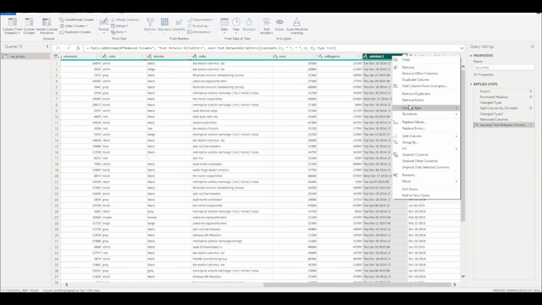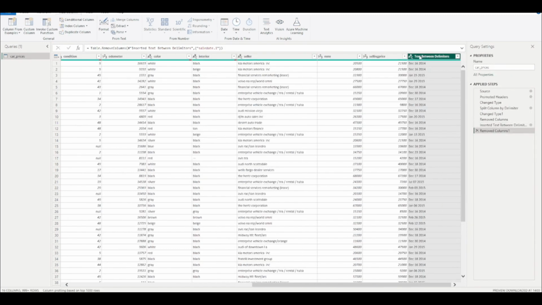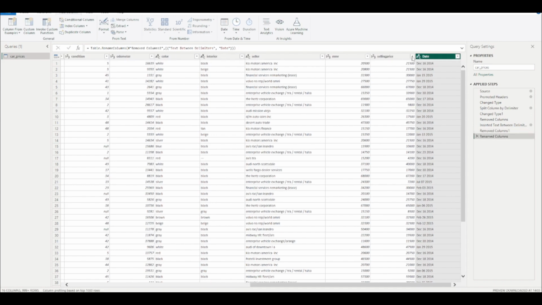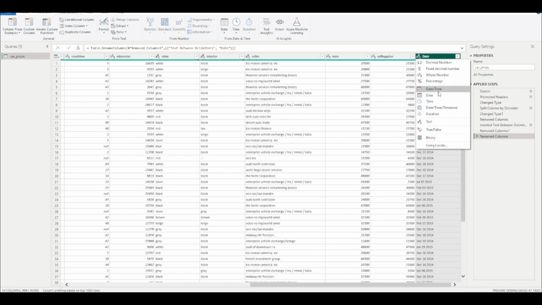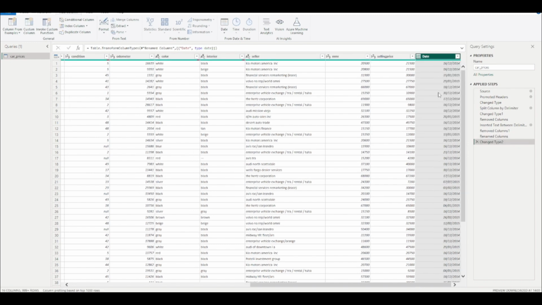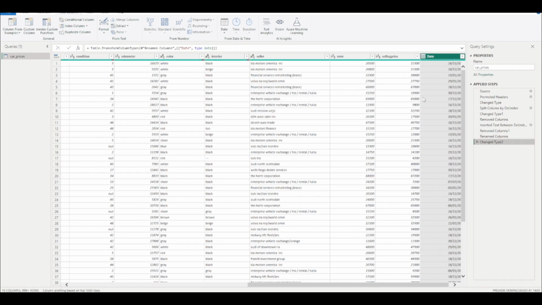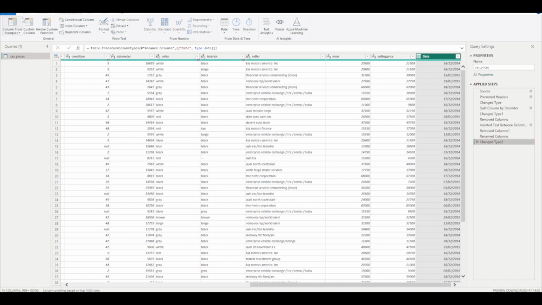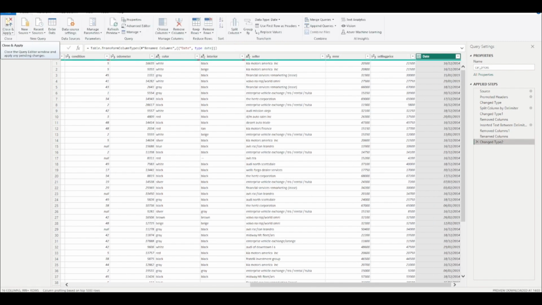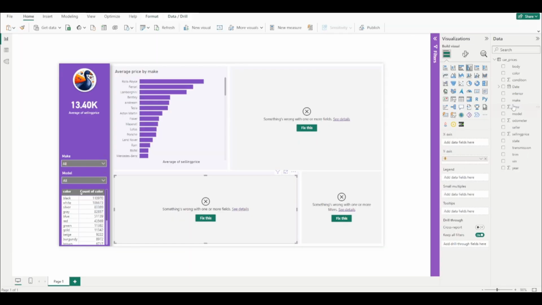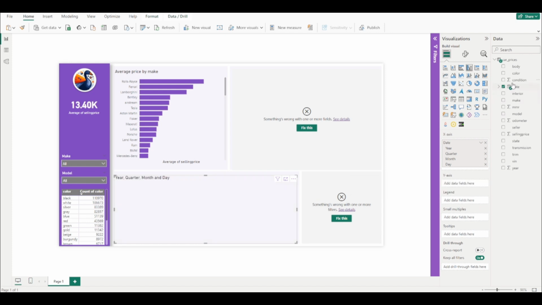Then I'm going to remove this column. Cool. And call this one date and change the type. Perfect. What I'm trying to get at here is there are many ways to approach situations like this. So you can see this is just one way. Now let's close and apply and get back to it. And we're going to have for the date, which you can see is now a date object, we're going to have,